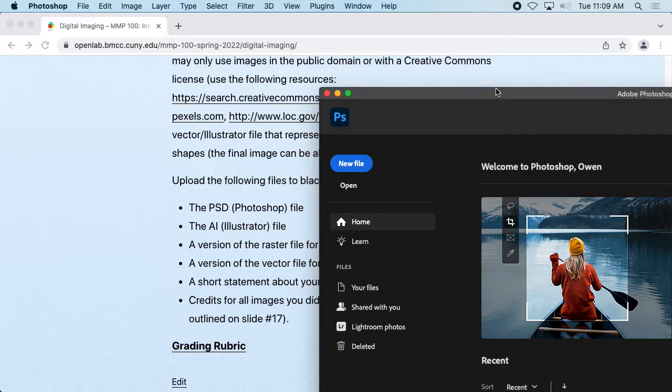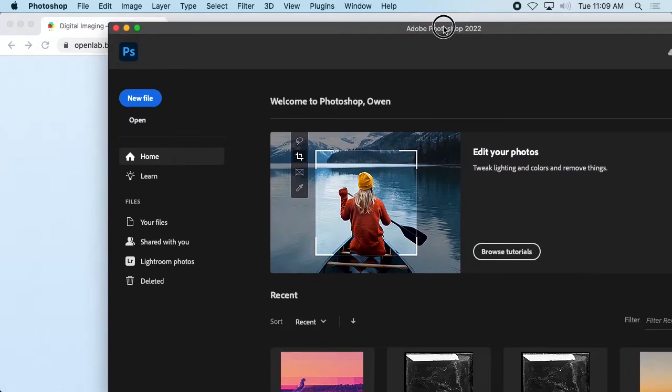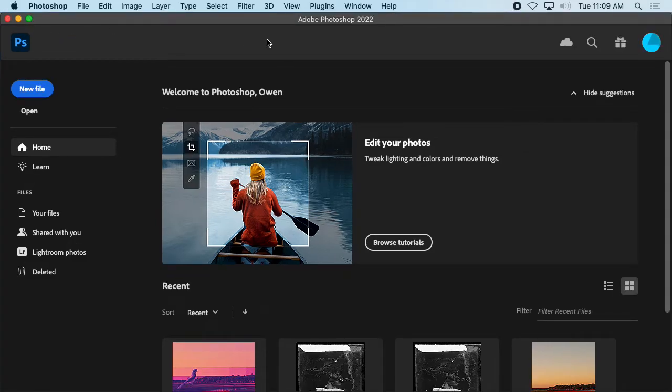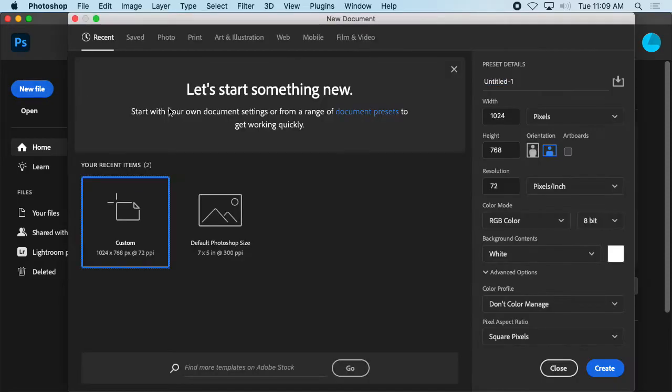All right, so I've got Photoshop open, and I'm just going to go through quickly. For some reason, when I double click, it's supposed to fill up the window, but maybe if I click on this plus, there we go. Okay. So I'm going to make a new document, so I'll click on New File,